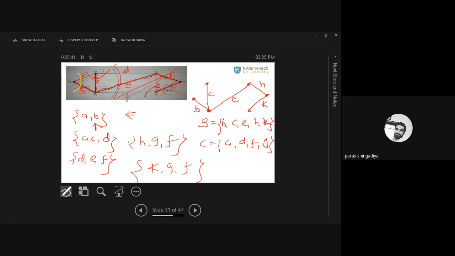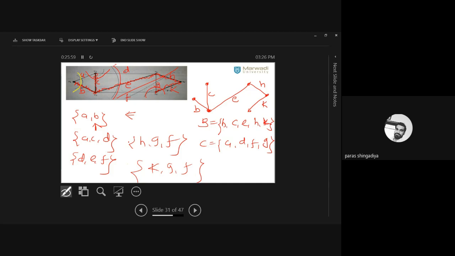तो कौन सी स्पानिंग ट्री आप लेते हो ग्राफ के लिए, उस स्पानिंग ट्री पे आपका आंसर डिपेंड होगा. ठीक है, उस स्पानिंग ट्री पे ये सारा आंसर डिपेंड होगा. ठीक है, सो इट डिपेंड्स ऑन द स्पानिंग ट्री T. If I change the spanning tree, then the branch set will be changed and the chord set will be changed.